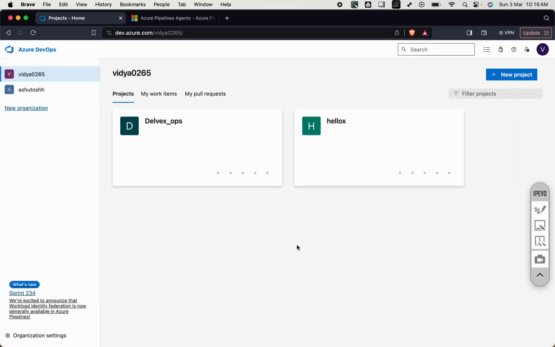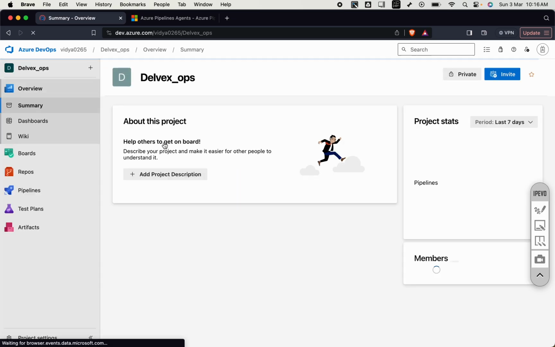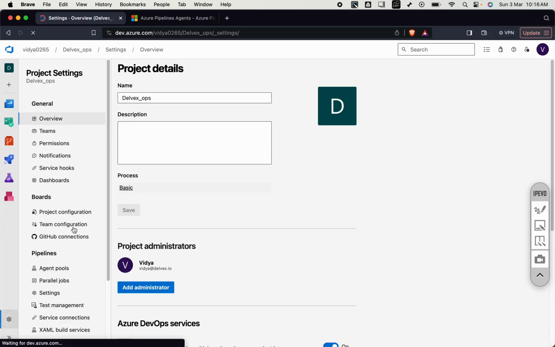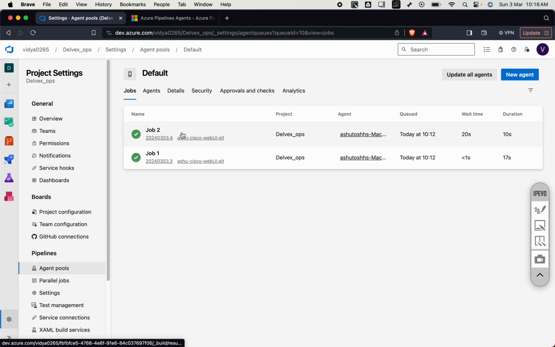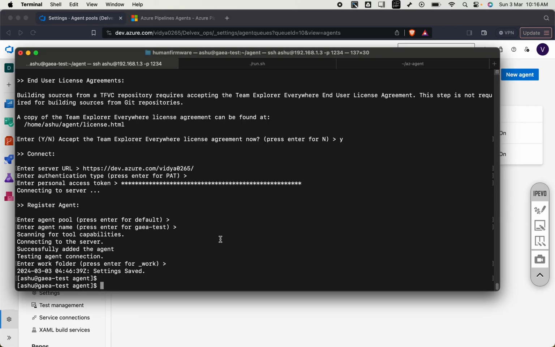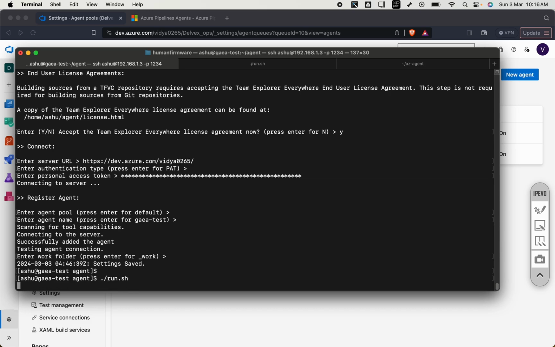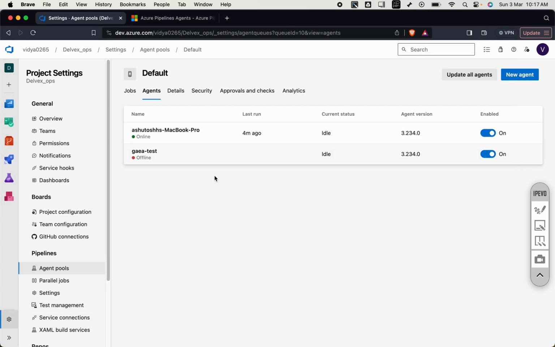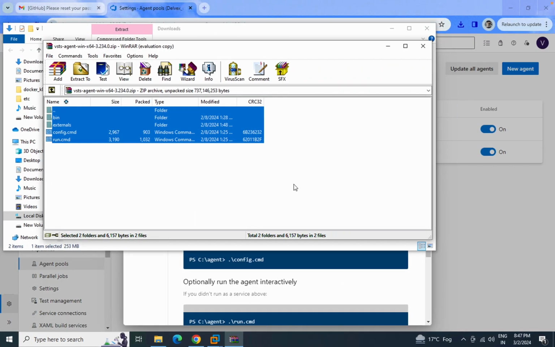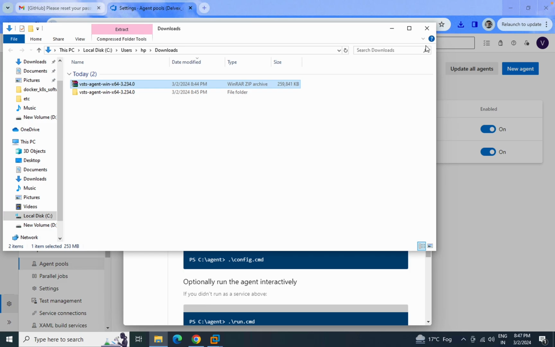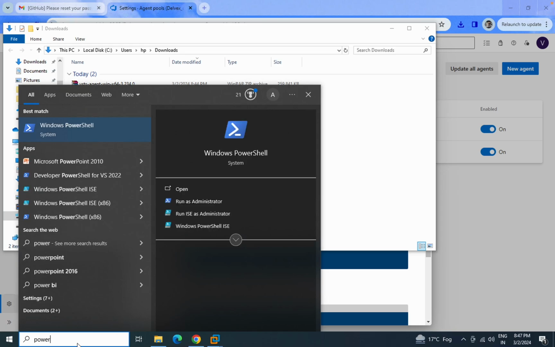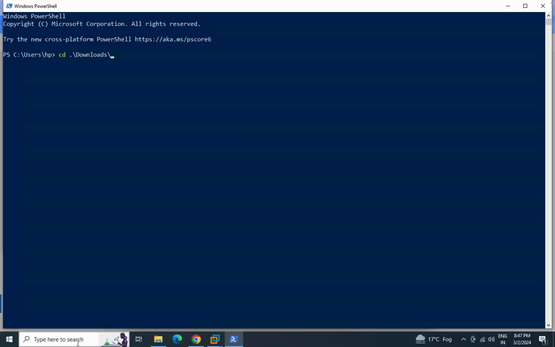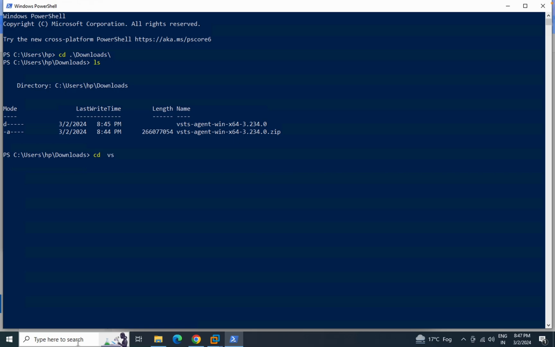Okay, when I check my project setting right there under agent pool, I must be having 2 agents now. Perfect, it is offline since I need to run this. Okay, connected, and it will be online very soon. Yes. Well, let's go to the Windows machine also. It is all extracted in the downloads folder, I guess. Yes. So what I can do, I can open my PowerShell quickly, go to downloads, go to the VSTS agent folder,